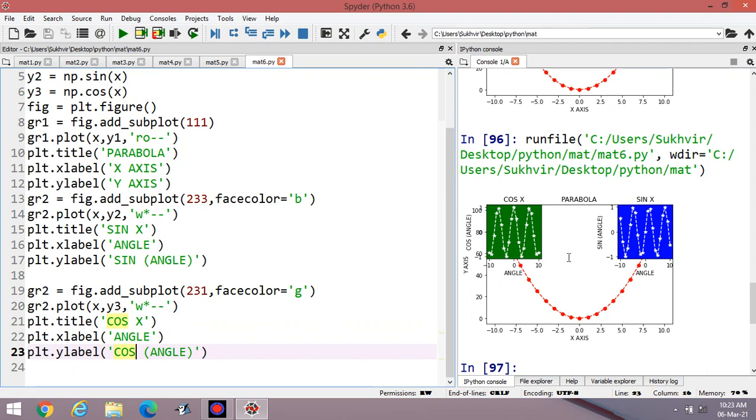In this way, you can design the graph inside a particular graph and you can give the label also. This one is parabola. This one is the representation of inner graph. The outer graph means the base graph is parabola. This parabolic graph is there. And this one is cos x and this one is of sin x. All the three contents are there. You can save the image.